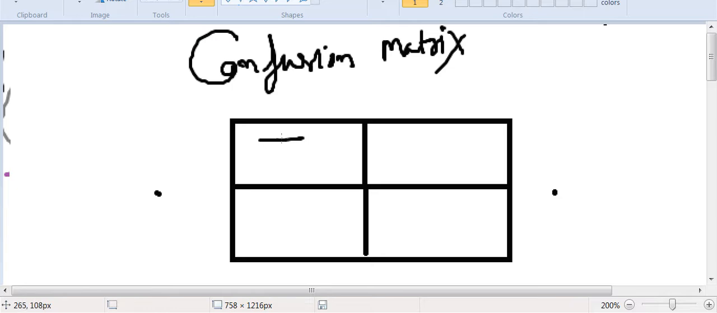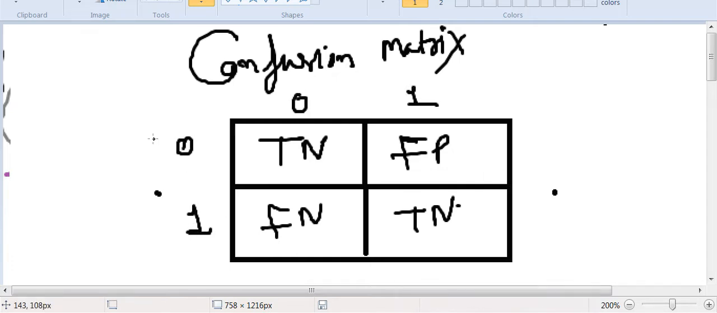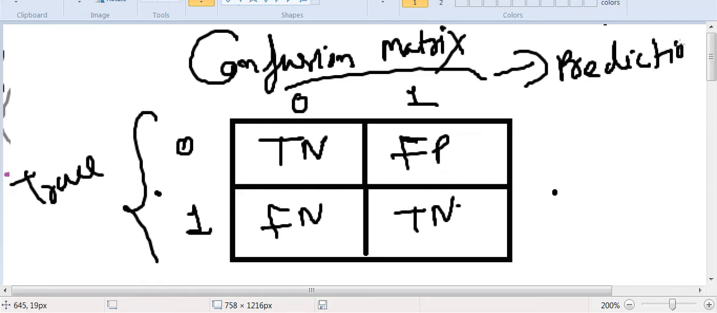इसको बोलते हैं ट्रू निगेटिव। इसमें डालना होता है ट्रू निगेटिव कितना आया, फॉल्स पॉजिटिव, ट्रू पॉजिटिव, फॉल्स निगेटिव। ठीक है। यहाँ पे लिखा है जीरो, यहाँ पे लिखा है वन, यहाँ पे लिखा है जीरो, यहाँ पे लिखा है वन। ये होता है ट्रू वैल्यू और ये होता है प्रिडिक्शन। ठीक है।